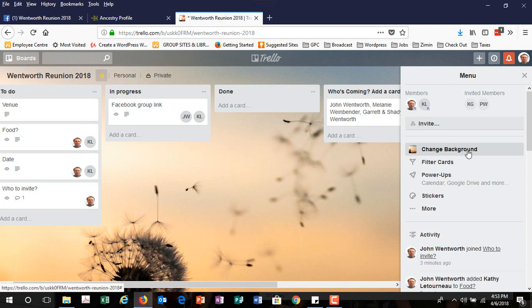You can change the background image if you want to. I just added this one I found of dandelions. I thought it was kind of neat and relevant. And then there's some other things you can do here. You might want to consider